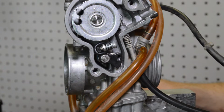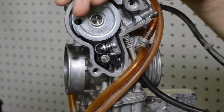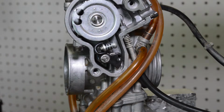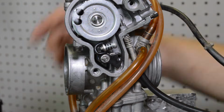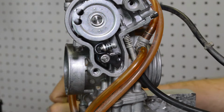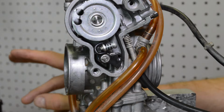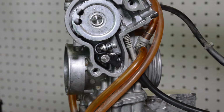Oh, and by the way, I have jetted the pilot jet one larger than stock, and I put an adjustable fuel screw in. The pilot jet will contribute to the bog. 90% of the bog is due to the accelerator pump, and 10% is the fuel screw. A lean pilot circuit will compound the problem. If you have a properly set up pilot jet and fuel screw,